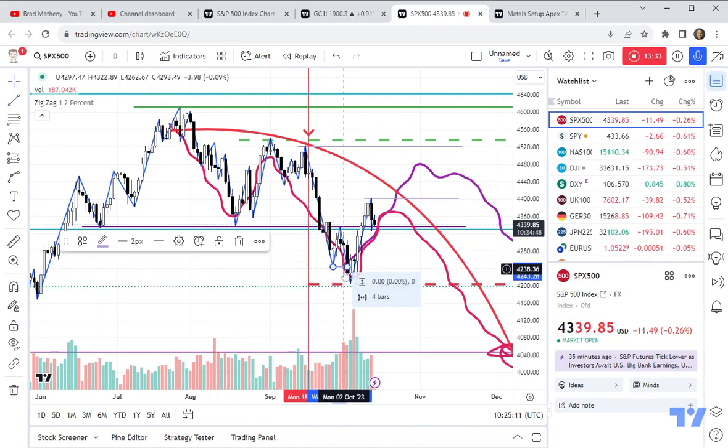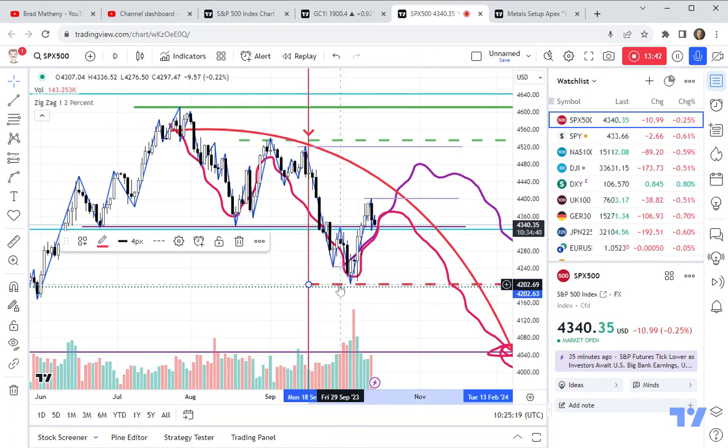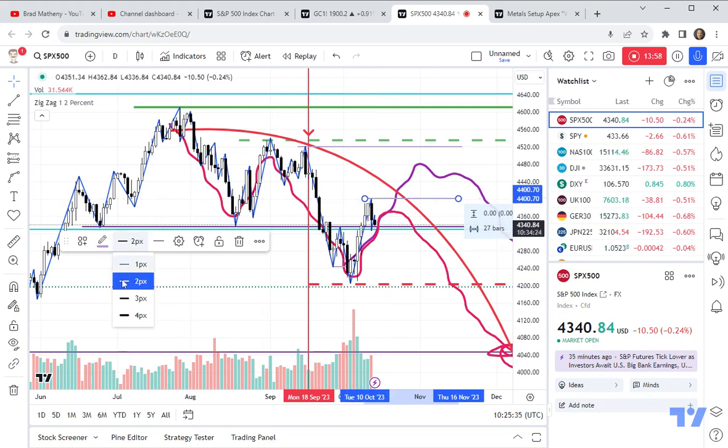This is a unique low because it's been more than 25 bars since price has been at this level back over here. This is a unique low, which we've already marked right here. We have another setup of a potential unique low here. We'll let that one go for now. So what this is telling us is that price must get above either this level here, and I will highlight it,